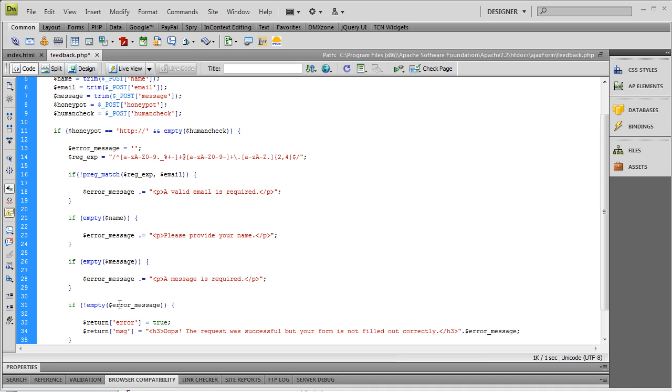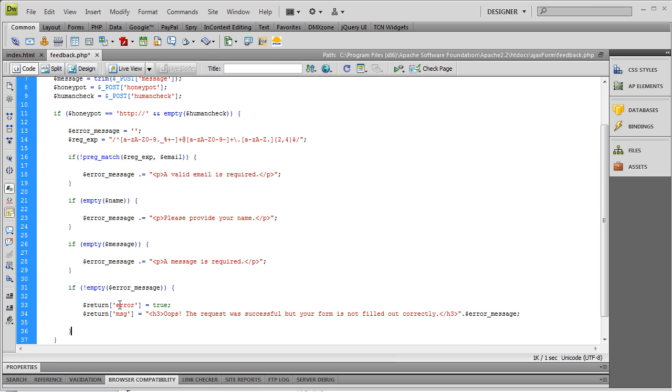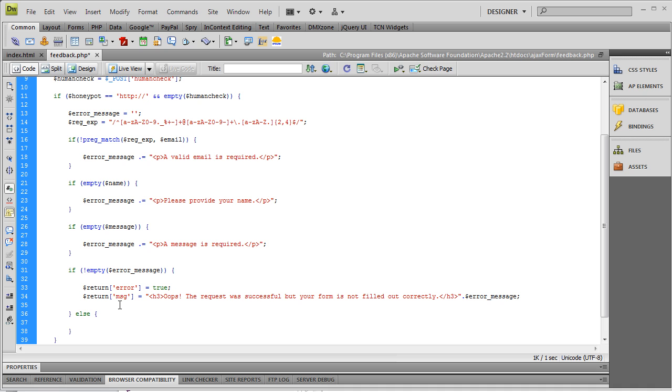Alright. So then, otherwise, let me get a little more white space here. Alright, otherwise, we know the form was filled out correctly, and so let's do something else. Let's take our return variable, the one we're going to return as an array, and let's change our error to false, because there was not one, and we'll change our message to, let's say